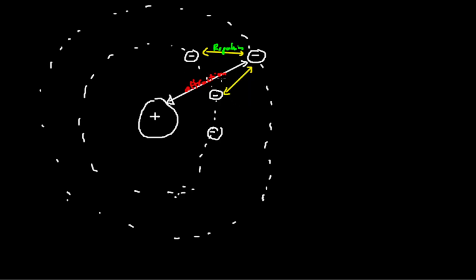Okay, so while this electron is trying to get attracted to this, pulled towards this, there are electrons which will try to push it away, repel it away. So this is what we call the shielding effect, right? So shielding effect will keep the electrons at bay, which means size does not decrease rapidly, okay, because of this